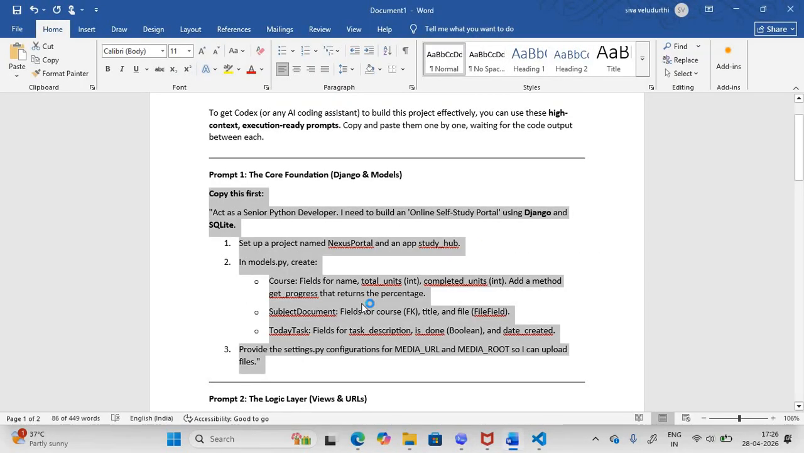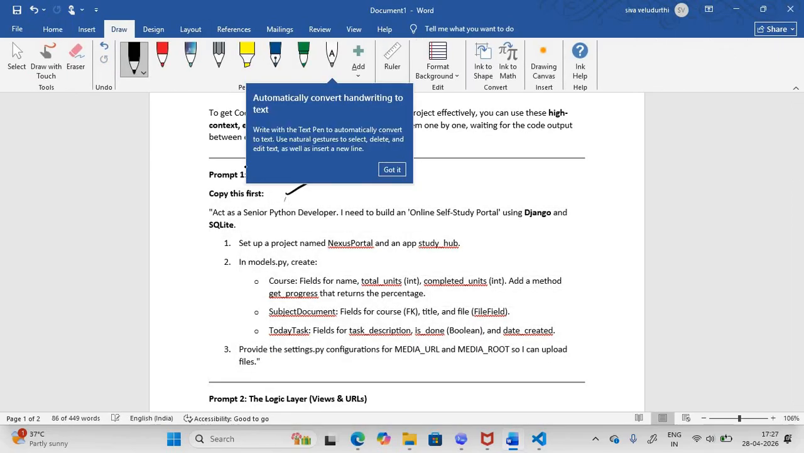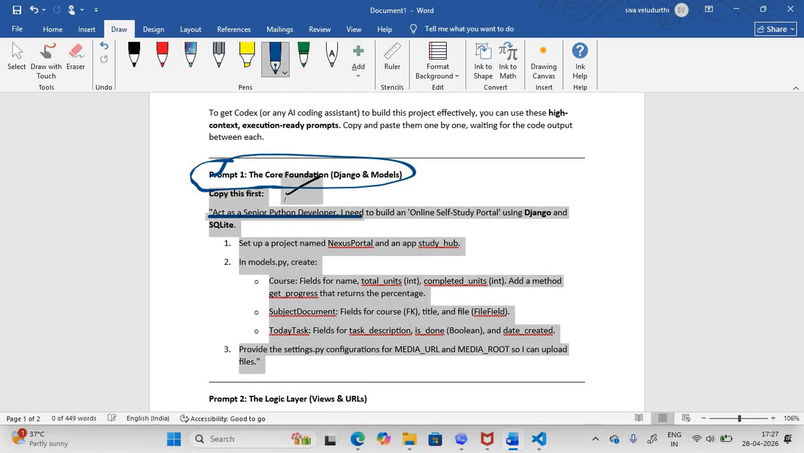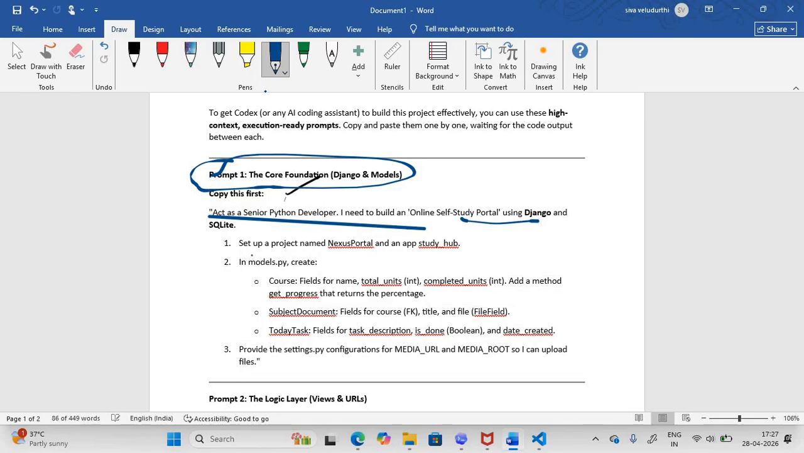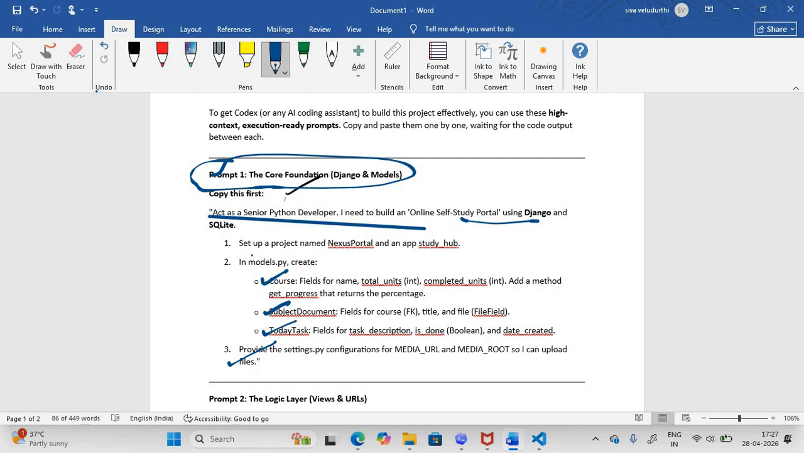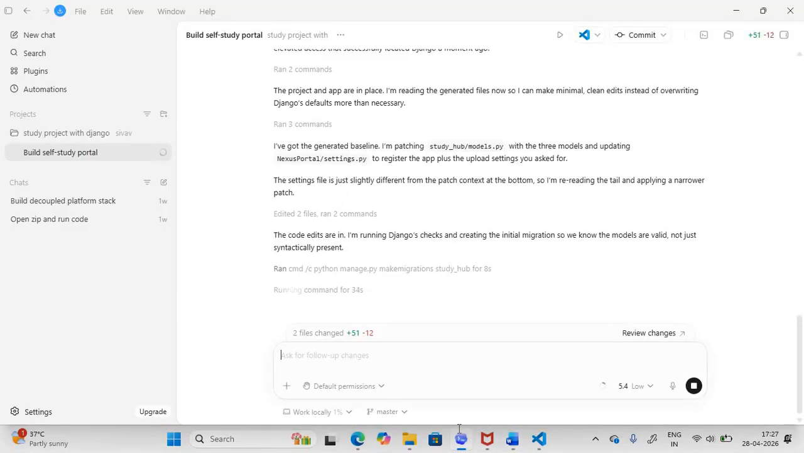So we are in the first phase right now. Let me tell you this, we are in the first phase. In the first phase, what exactly we are doing is prompt 1 we have written: act as a senior Python developer. I need to build the online study portal. It is mainly used for the course name, subject documents, and today's task, and basically provide the settings. This one, okay. This is the first prompt. So once we have completed this prompt,